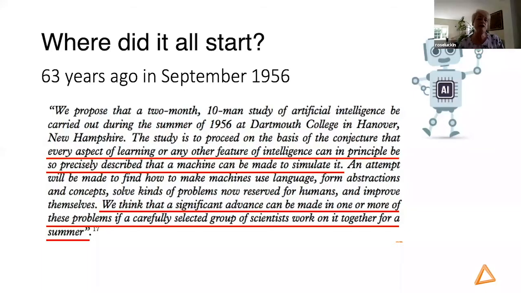But modern AI really began about 63 years ago, when a 10-person group of academics got together at Dartmouth College in New Hampshire to study the processes of intelligence. And they had this idea that every aspect of learning or any other feature of intelligence could in principle be so precisely described that a machine could be made to simulate it. And they really felt that in this 2-month summer period, the 10 of them could make significant advances. Now, of course, that seems ridiculous now, but at the time, they really believed this, largely because they underestimated how